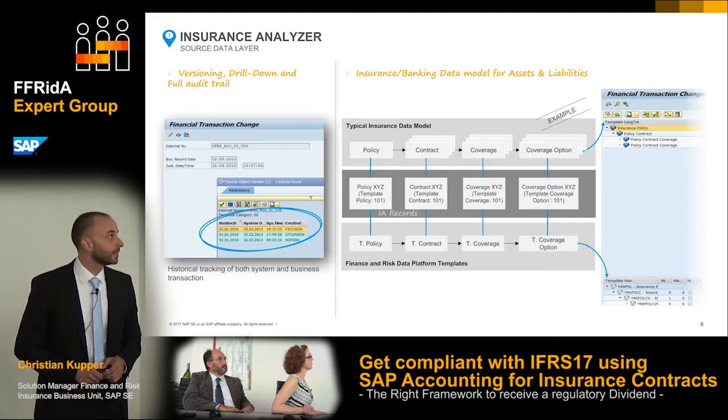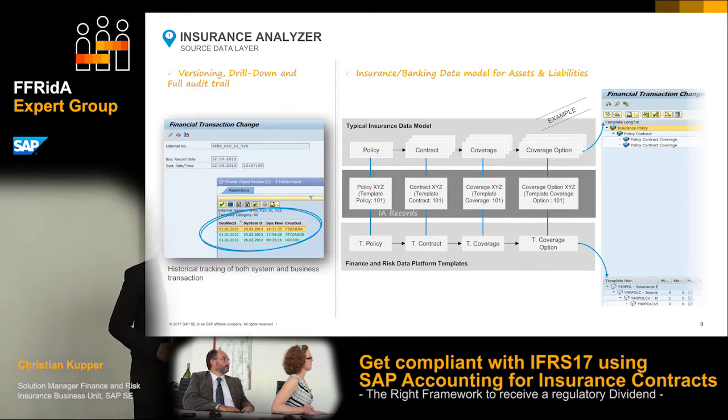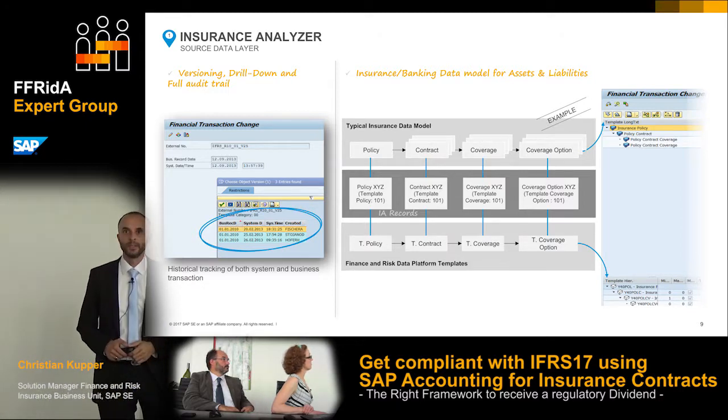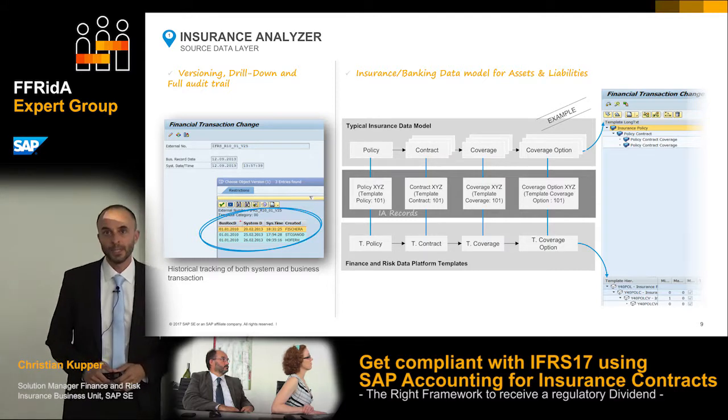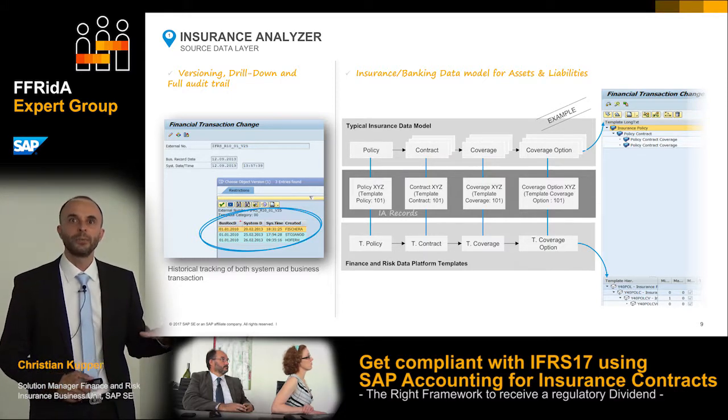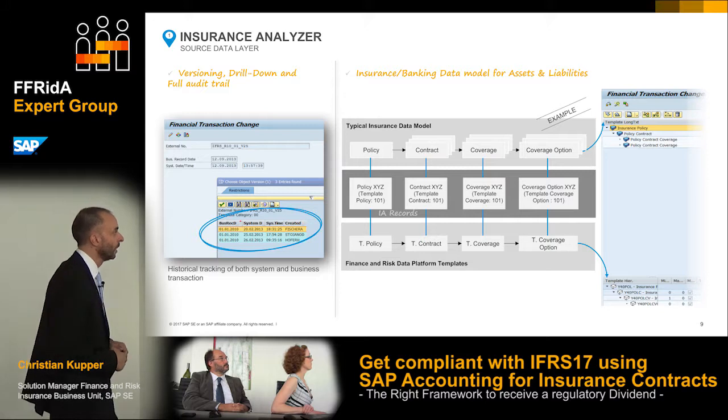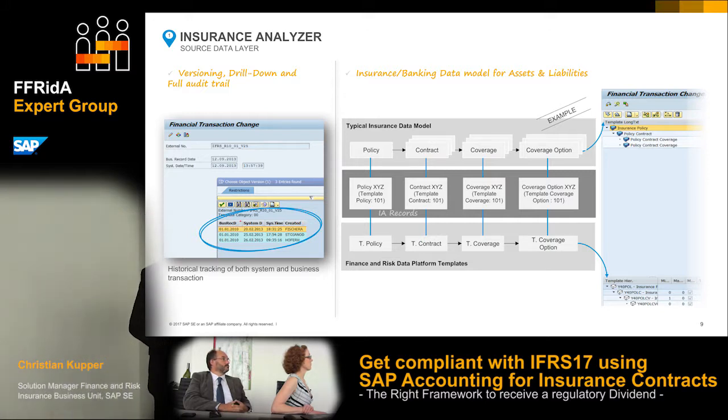Now, looking at these four steps in a more detailed way. Here on the right-hand side, you see an example for the timestamps and the historization. You see basically this policy has been changed 3 times by 3 different users. Of course, in real life, it would not be changed by a user. The policy system would send a business transaction of the change, or would send a new contract.